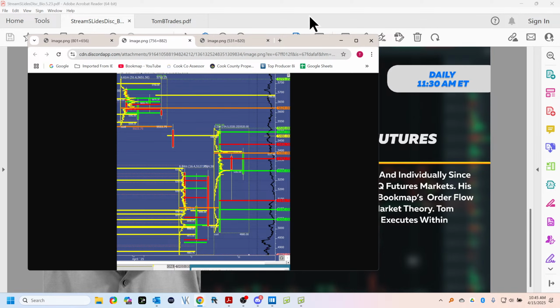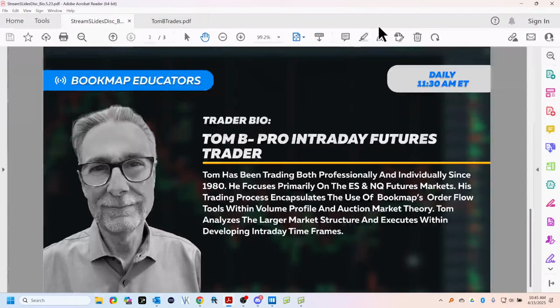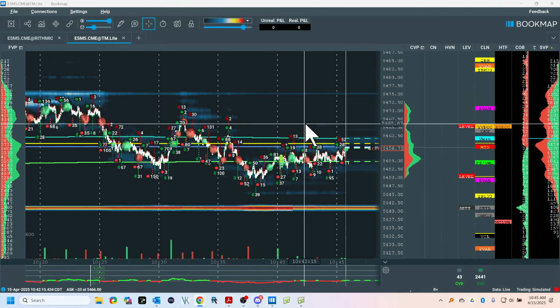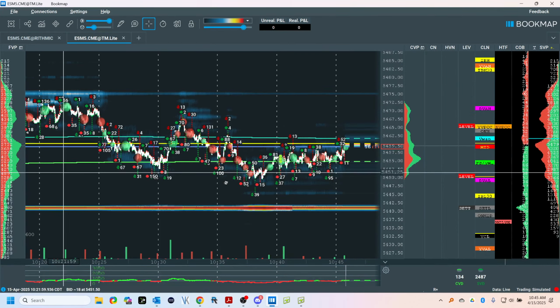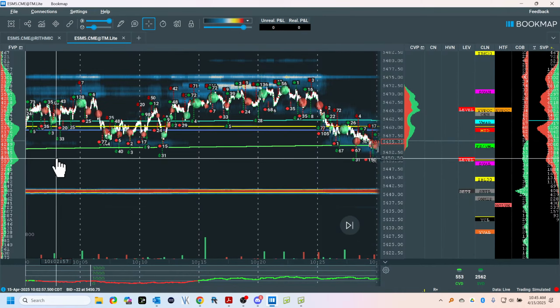Now what happens after that? We all put our helmets on, and that's trading, right? But this is called auction market theory. And it is how the market works. This is real time. Let's go back to the RTH Open.